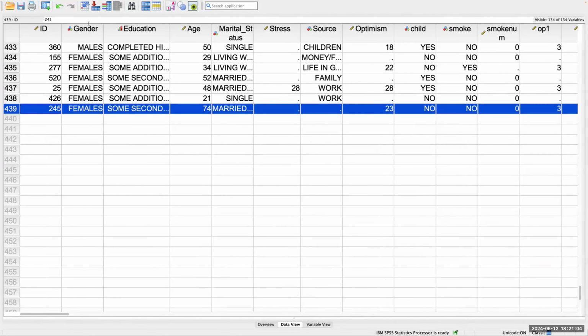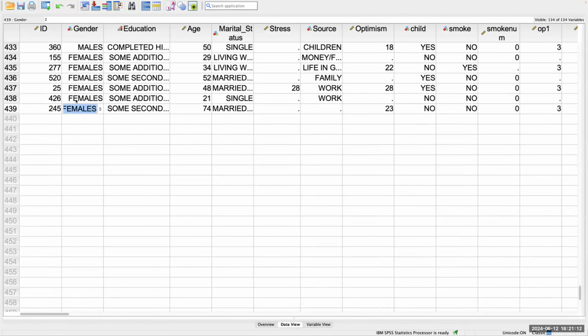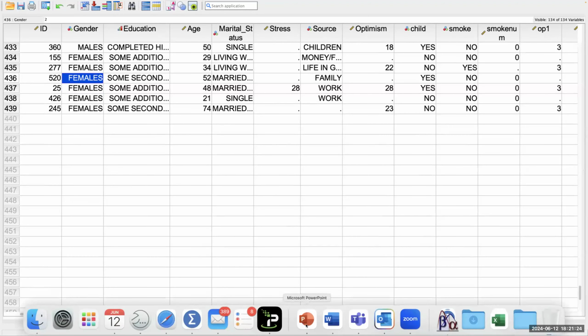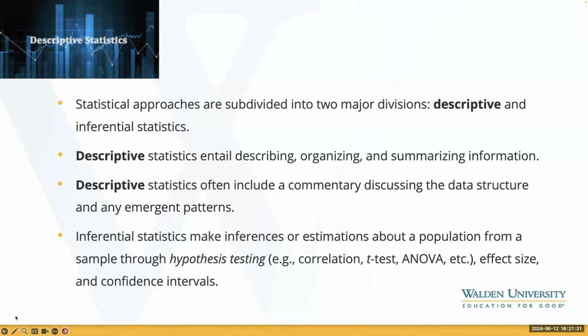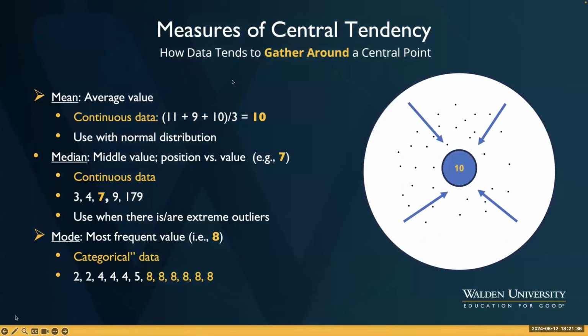But now, suppose I just quickly wanted to say, well, I wonder how many were male and how many were female. Well, we're not going to go count 1, 2, 3, 4. We're going to run descriptive statistics, and we can do that for all of these variables, okay? And that's where we're going to get to. So now let's get back to the presentation. And we know what descriptive statistics is. Now, let's talk about two main